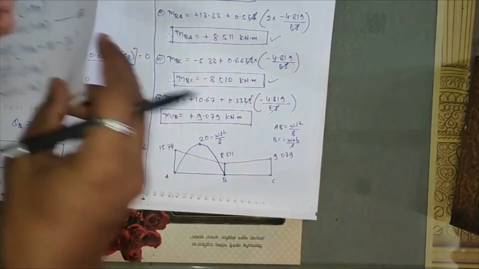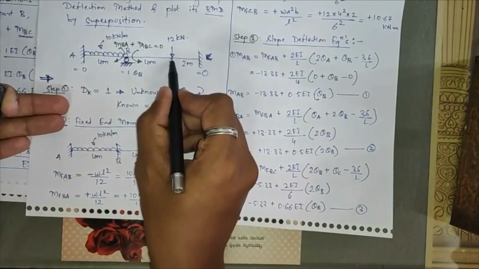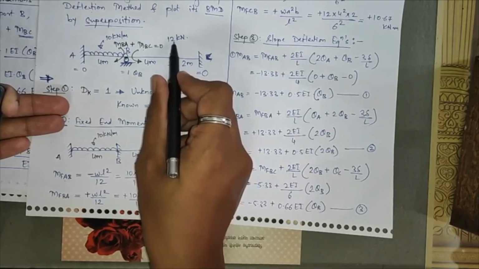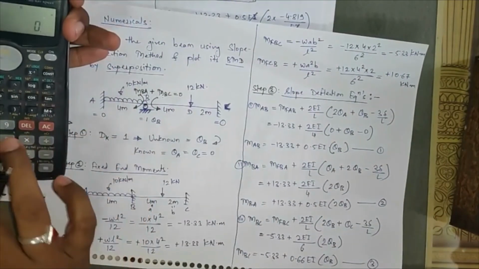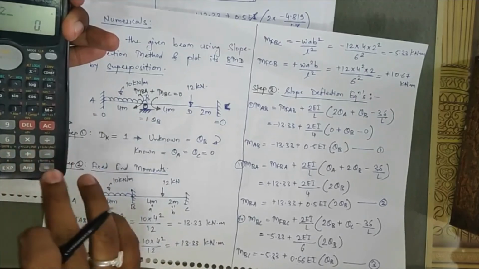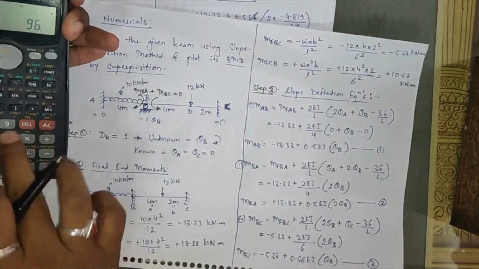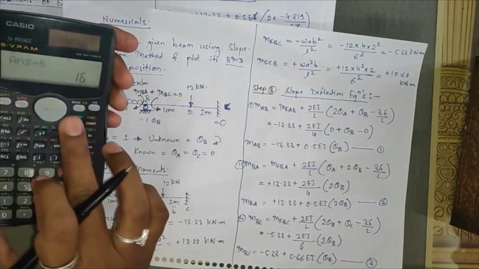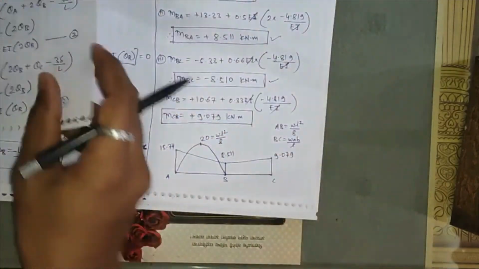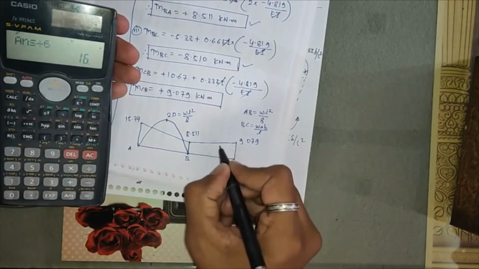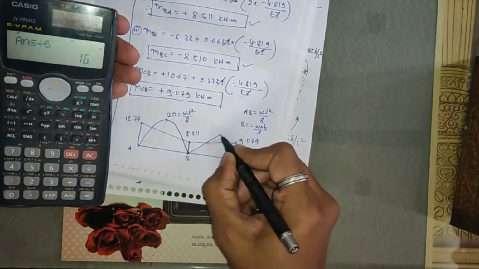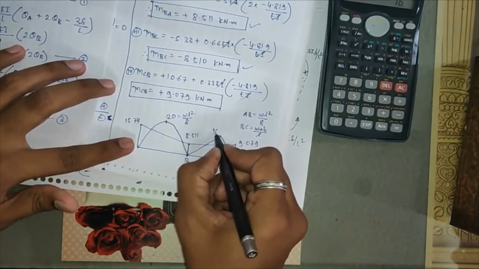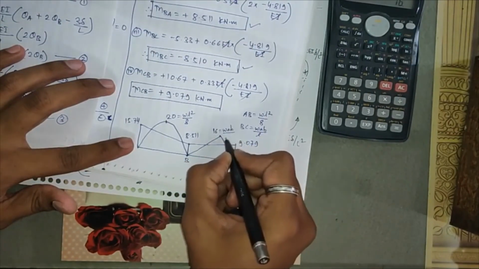Same way for BC, where will the maximum moment be acting? It will be acting where the point load is acting. How much is the maximum moment? That is equal to WAB divided by L. W is 12, a is 4, b is 2, divided by L, and L is 6. So that moment I am getting equal to 16. It will be maximum at the point load position, and it will follow a triangular path. This value comes equal to 16, which is WAB divided by L.